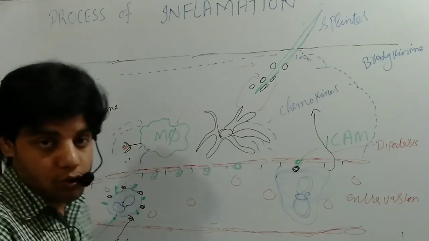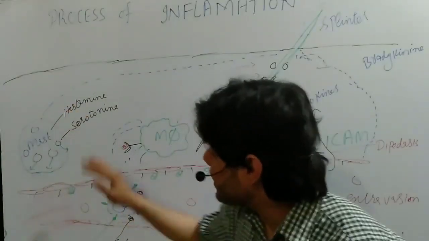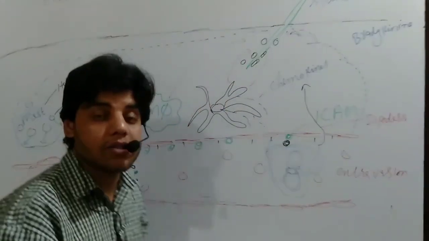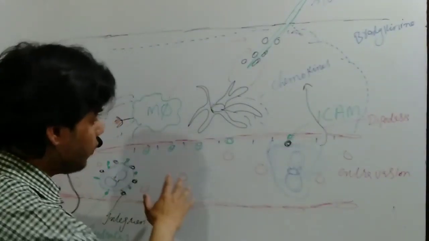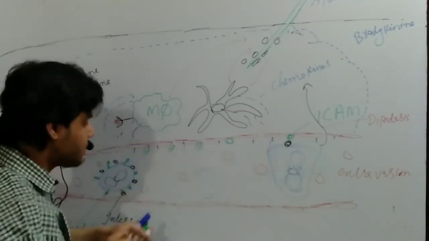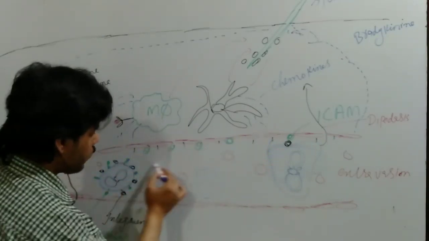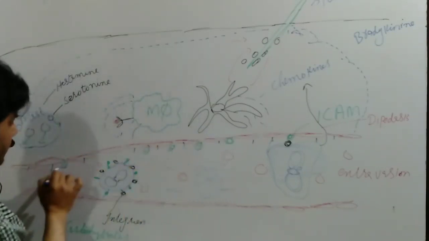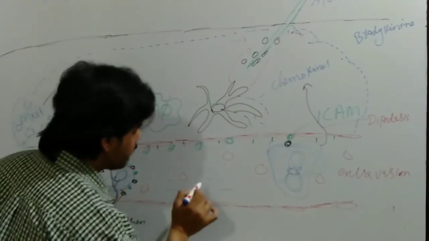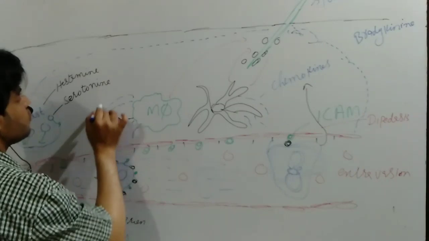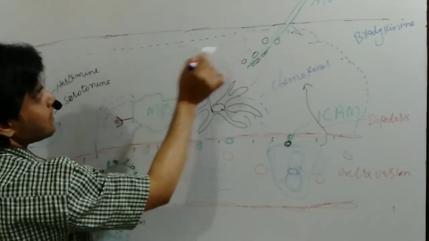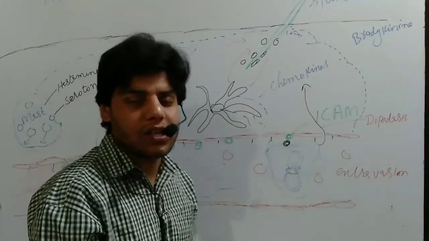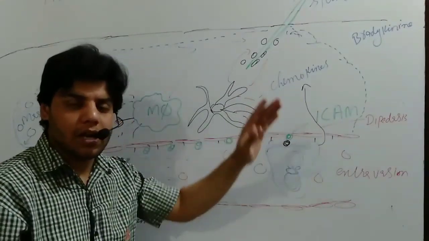Now what do histamine and serotonin do? The space between the endothelial cells becomes larger. Due to this, the fluid which is present inside the vessels, let me draw this, let's say these are the fluid, the fluid which is present in the blood vessels now passes through this junction and reaches this infected area,